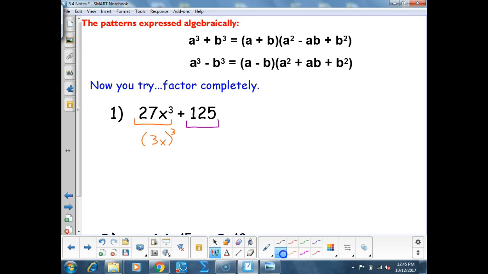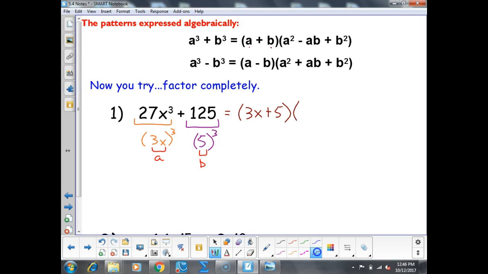Is 125 a cube? 5 cubed, yep. So this part right here, this 3x, that's your A. This 5, that's your B. So 27x cubed plus 125 factors to be, following this top formula here, 3x plus 5, because that's A plus B,